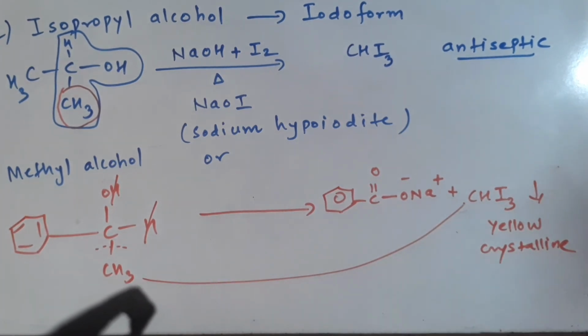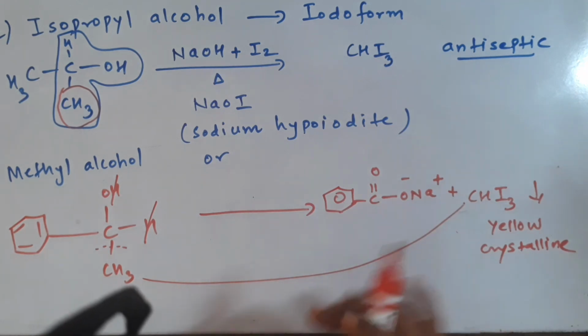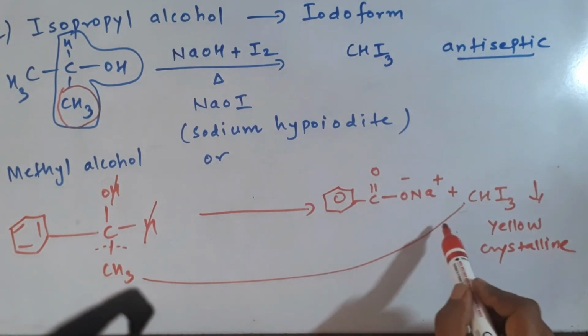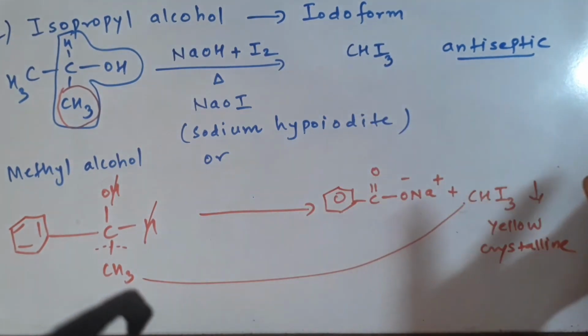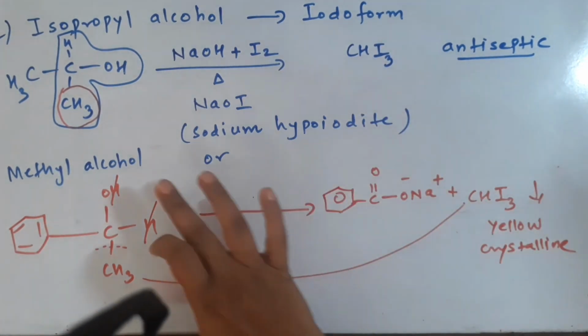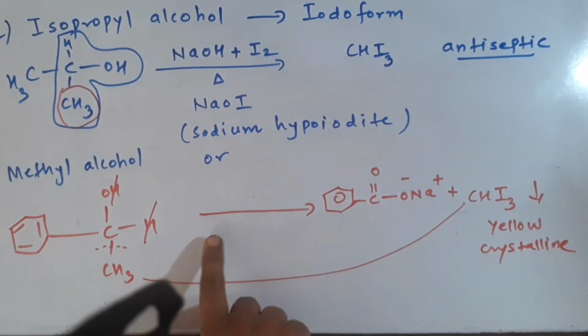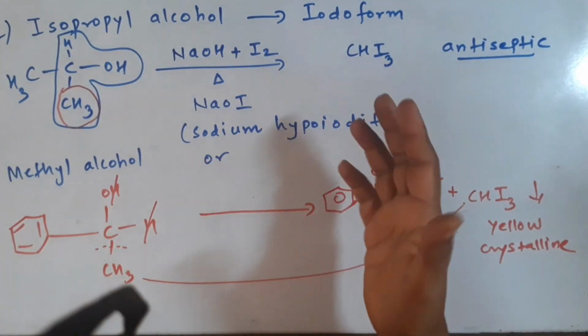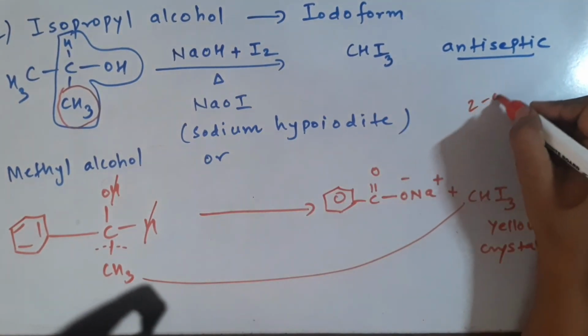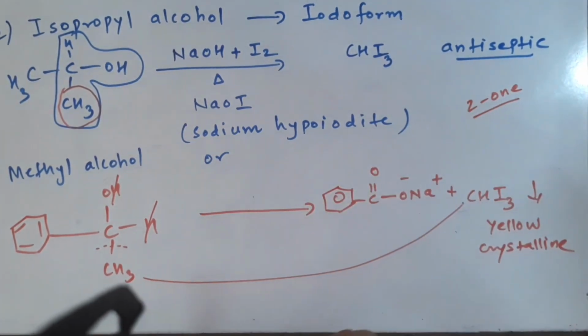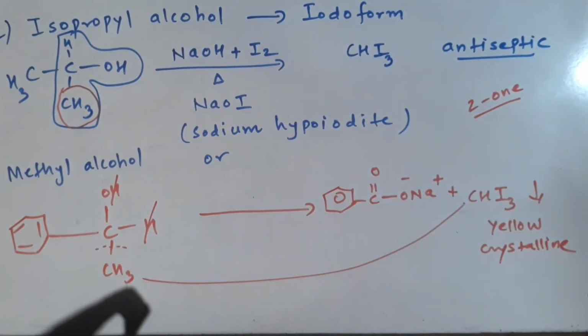I'm extremely confident that you must have understood this very well now. In board exam, you have to directly write the answers from here to here. So iodoform, you have understood, can be prepared by a variety of compounds. They must be methyl alcohols, or methyl ketones, or simply 2-ols, or 2-ones. What is the meaning of 2-one? Ketone. At the second position, the double bond O is attached.